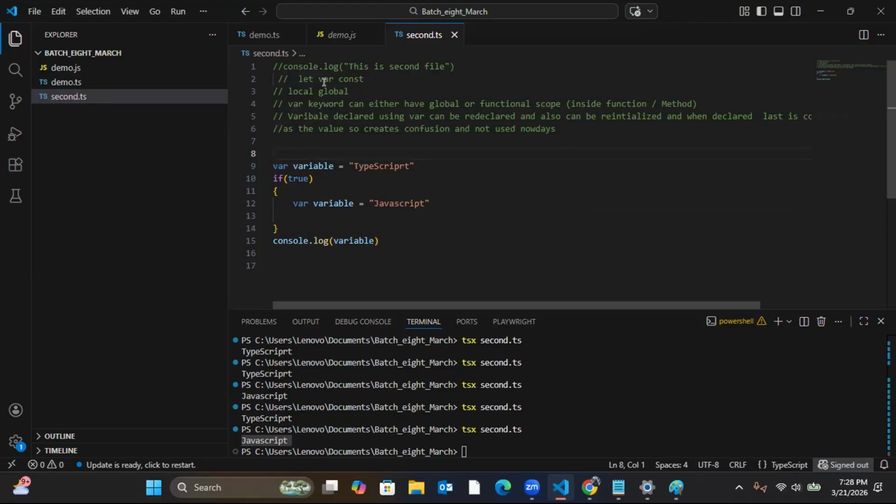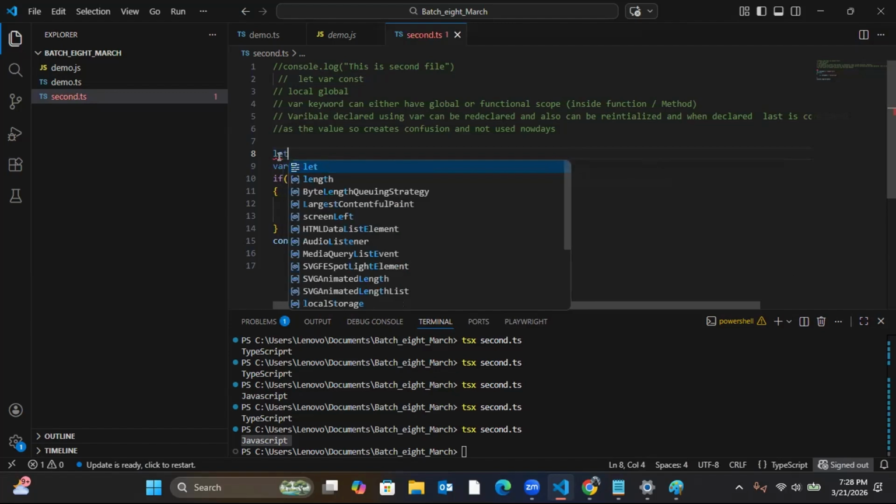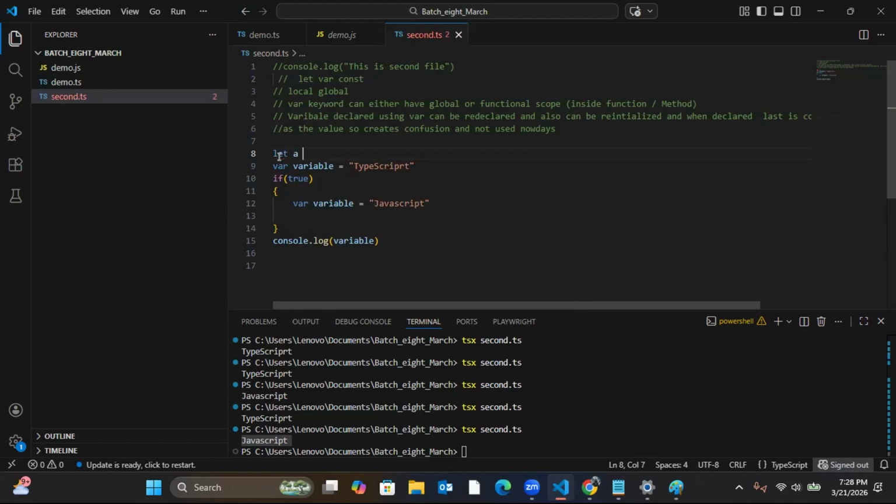Now, the rest two are let and const. So where will I be using let and where will I be using const? Now comes the question. Let's say I declare a variable with let. Let a is equal to